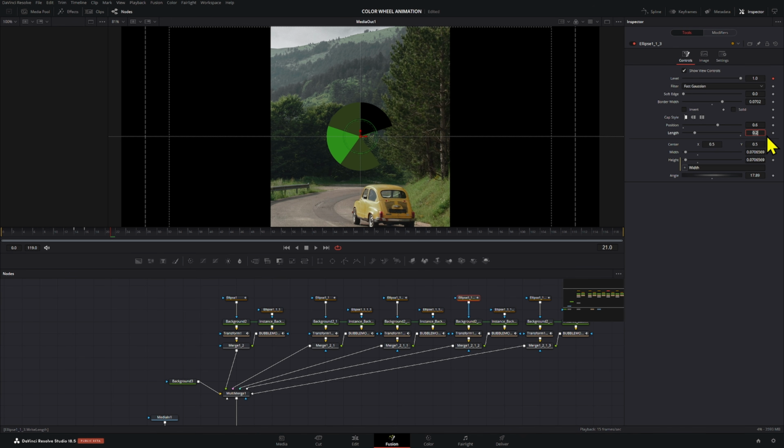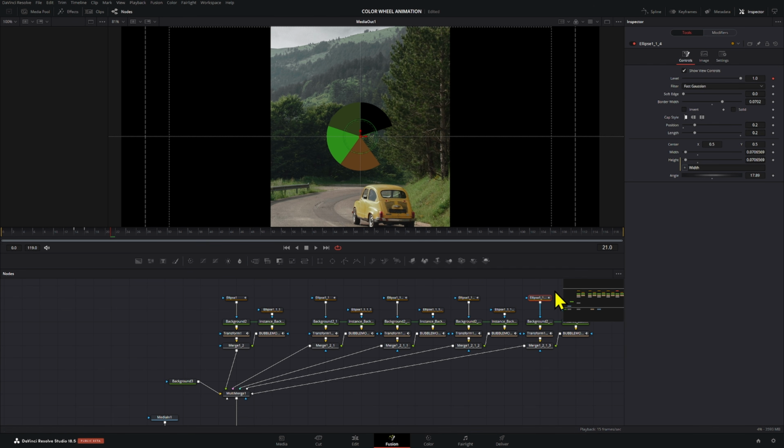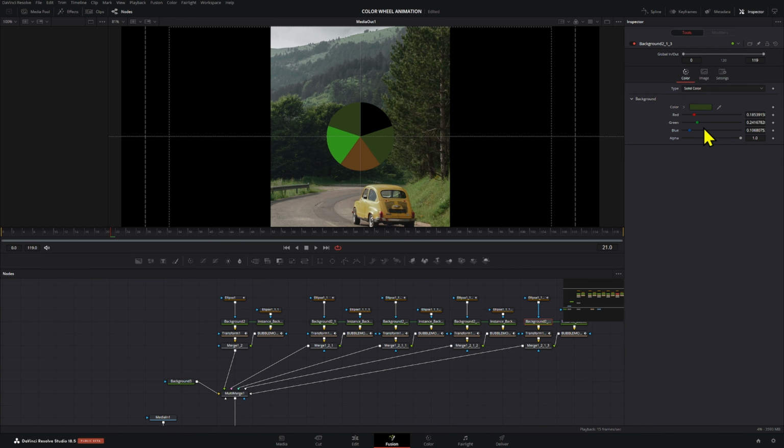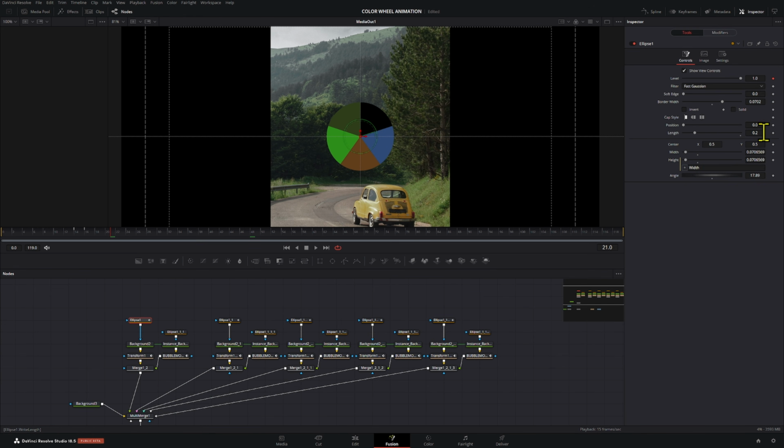So this one's gonna be 0.6, color is gonna be another color, and this one is gonna be 0.8, and that's gonna fill up our ellipse or our circle area. Now just make sure that if you add more, what you have to do is go to the length, 1 divided by the length, and then the position will be basically the same number, right? Because then it will be just 1 divided by the amount of colors that you have here, so that you can figure out the position.